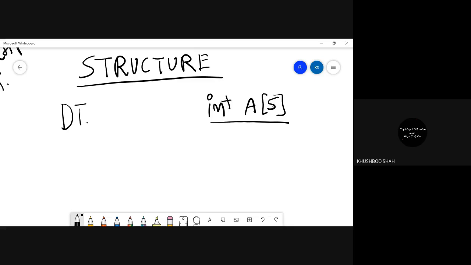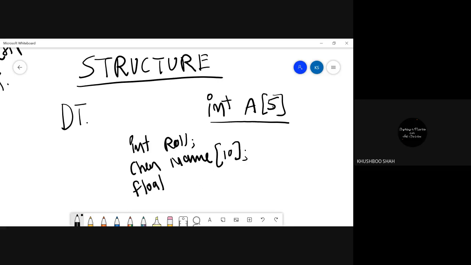But along with the integer, let's say I want integer roll number, then char name, and let's say float, and in float I'm going to store the marks, right?